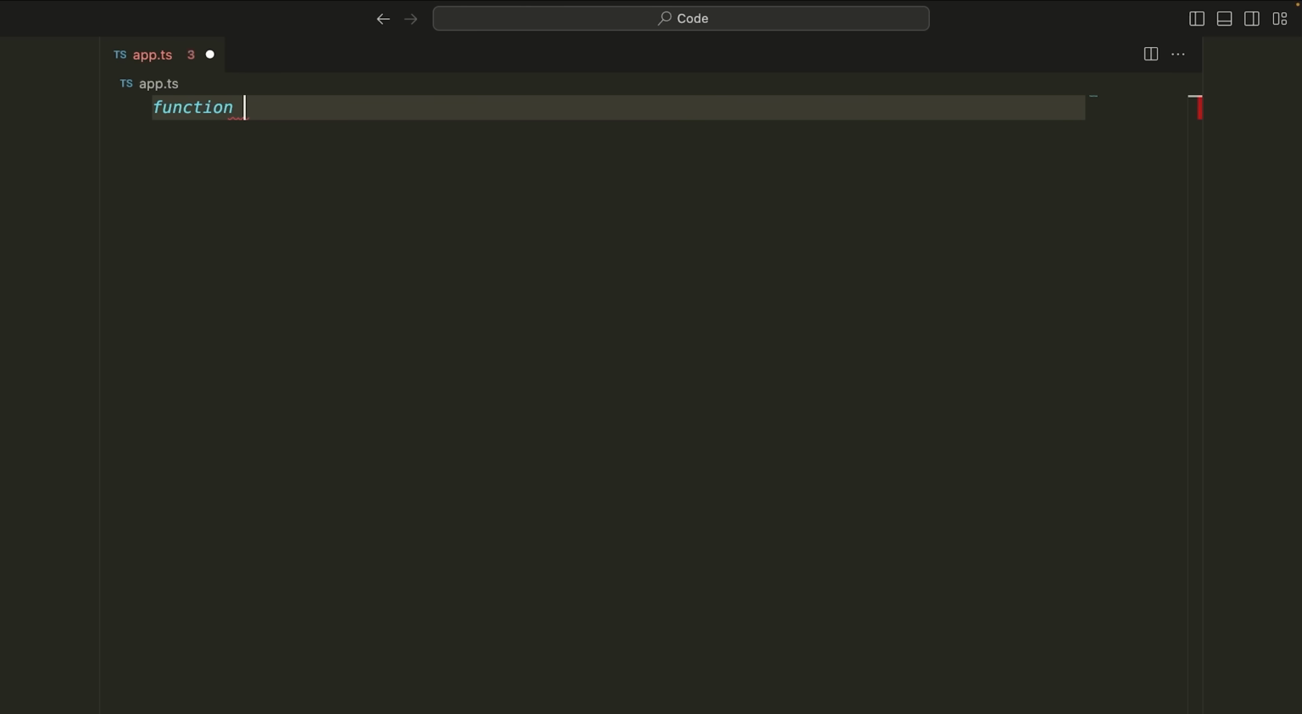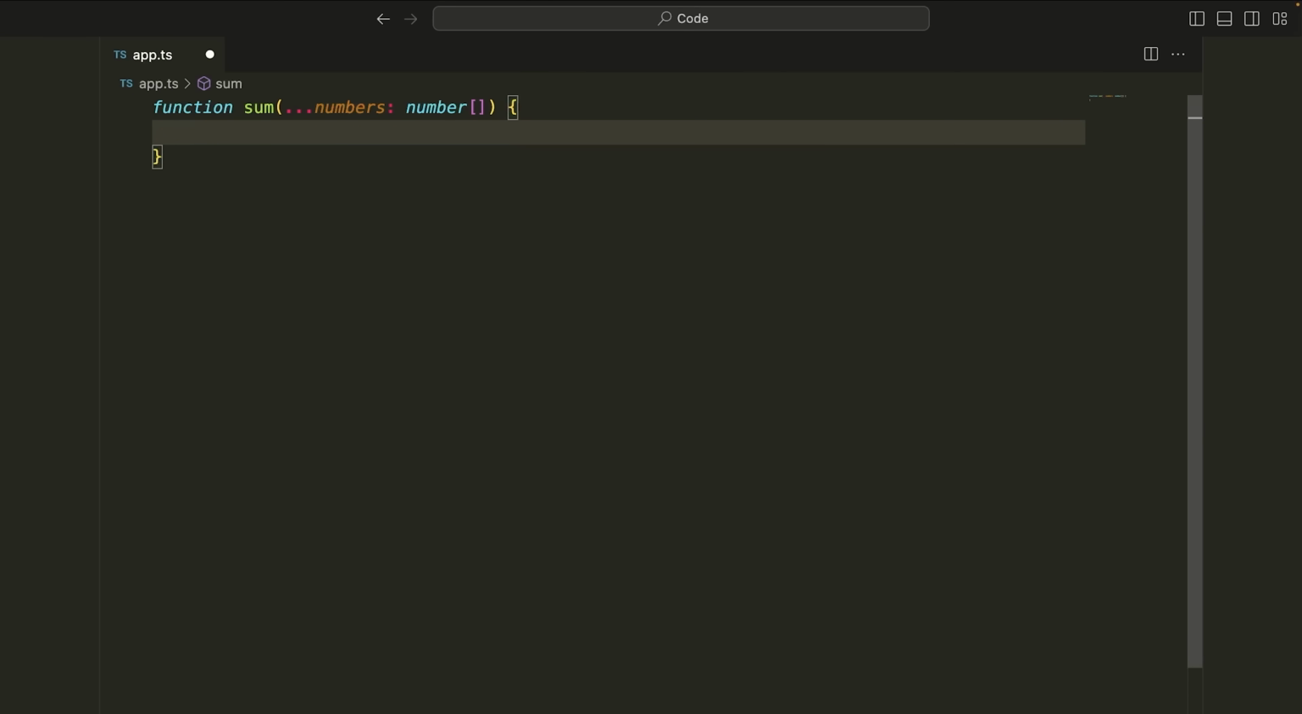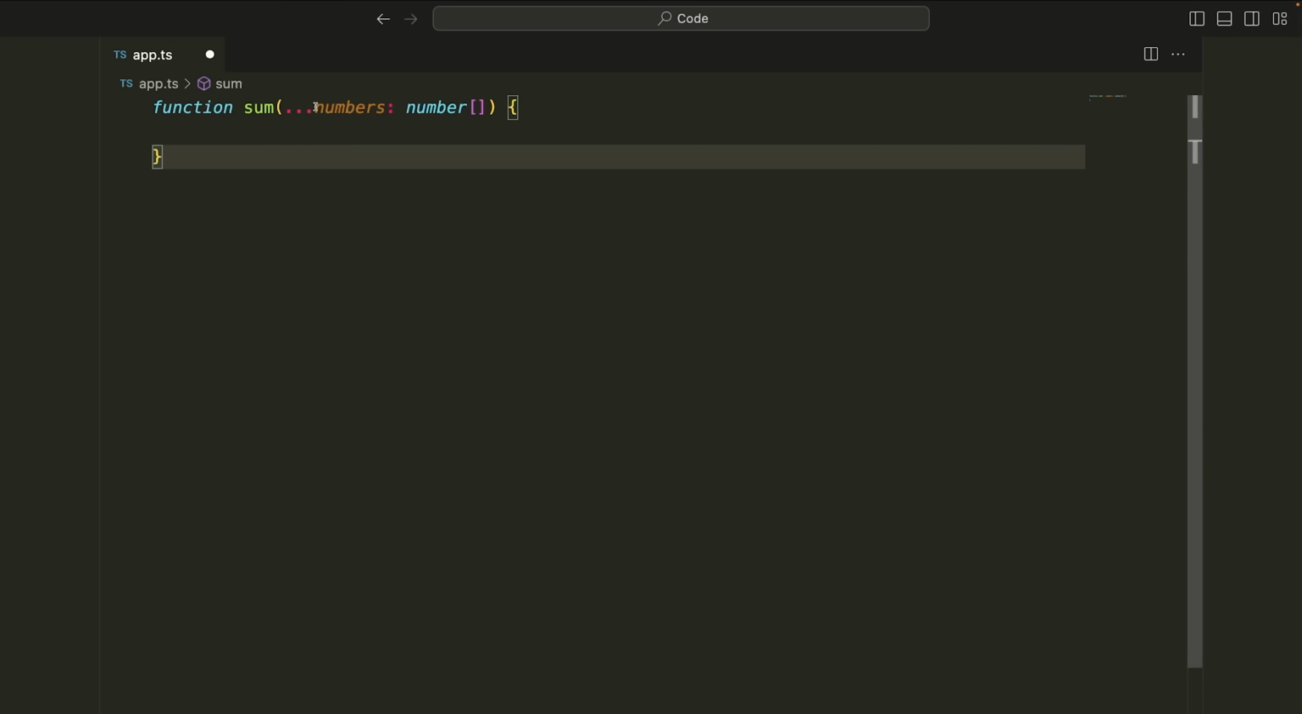So I can actually define a function that can take any number of arguments. Now the way I do that is something like this, where I say function sum, I put 3 dots, and then I can put something like numbers. And then for the type of this, I need to specify an array type. So what I've done here is created a REST parameter, and this essentially means that I can take as many